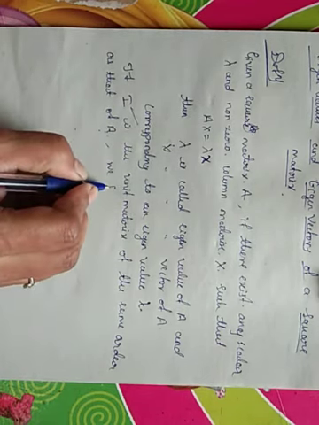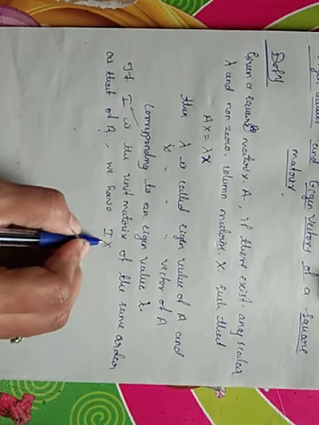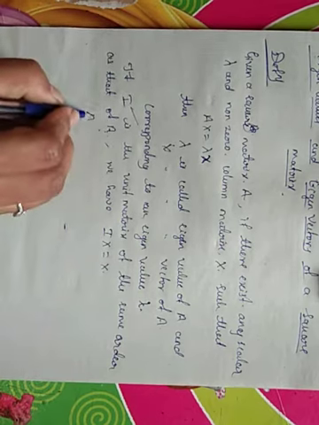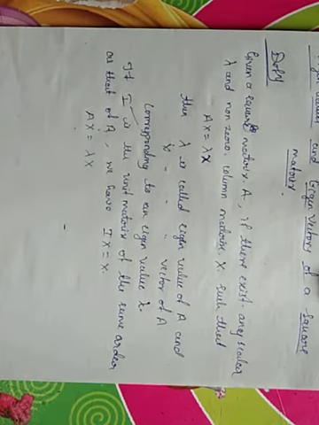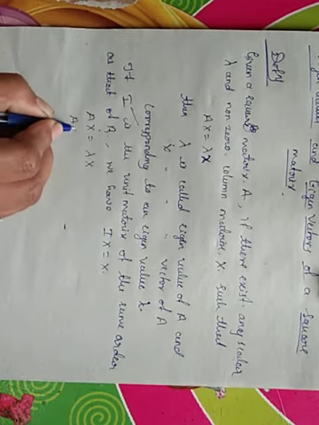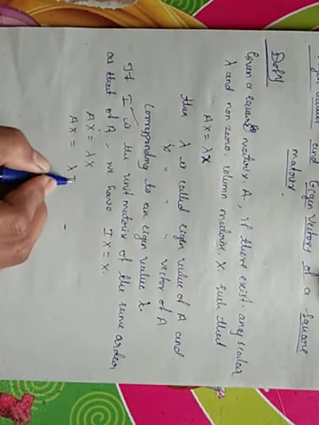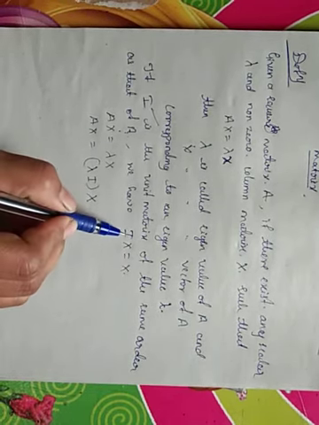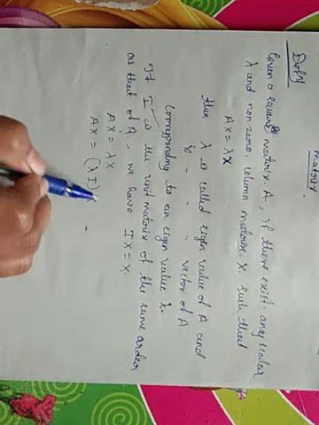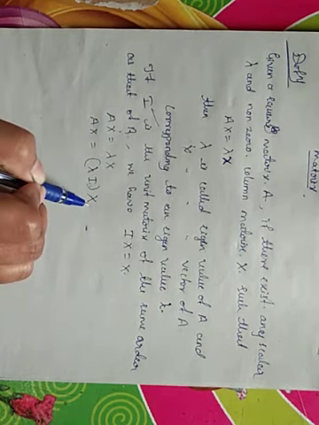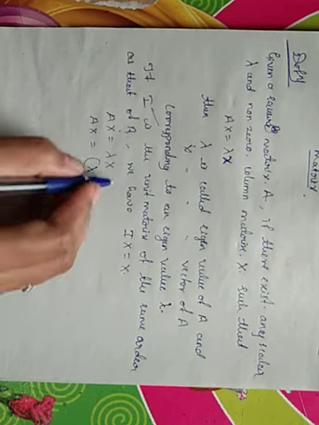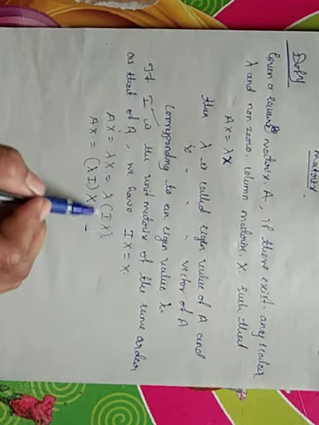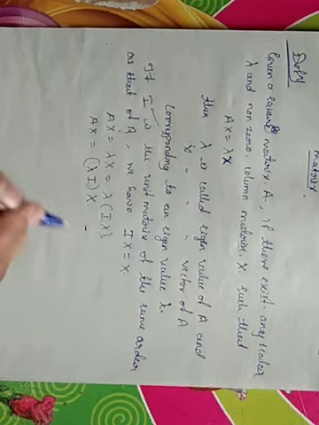We already know the property of the identity matrix that I into x is always equal to x only. Using this property, I can write Ax equal to lambda x as Ax equal to lambda into Ix, since x can be written as Ix. By using the associative law, it can be written as lambda I of x. Both are the same.